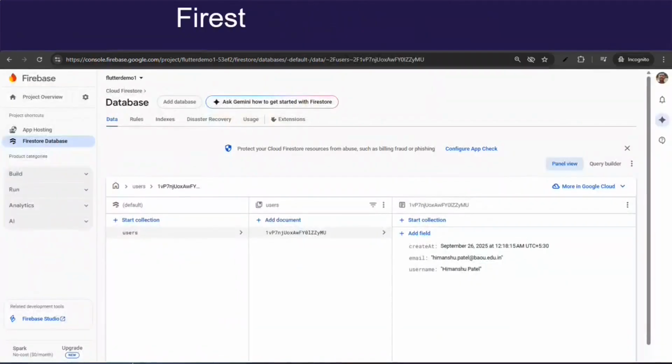So click on that. It displays that now I have one users collection. Inside that there is a document with this ID, and it has 3 fields: createdAt, email, and username. It is generally displayed in chronological order. So createdAt was created last, before that we have created email, and before that we have created username. So it is displayed like that. You can add more fields by clicking on these if you require.